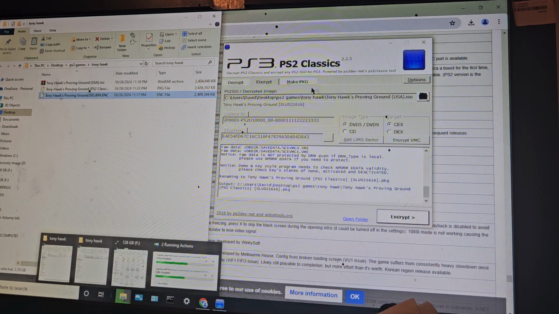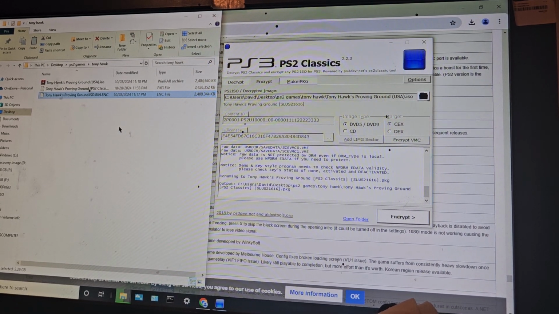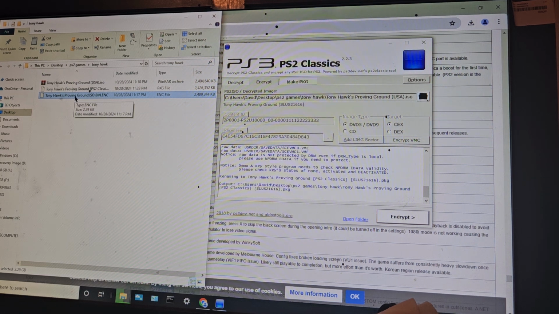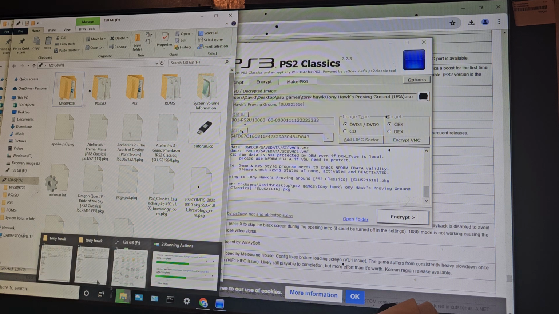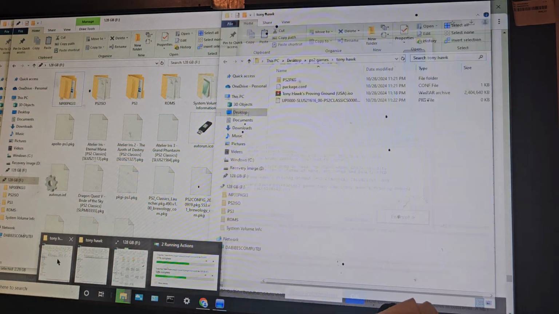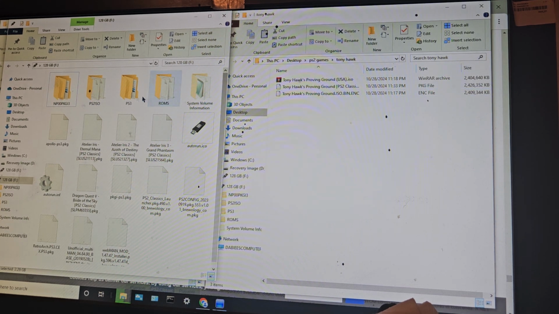Now, you can either use FTP if you have an Ethernet cord, you can plug that directly from your computer into your PS3 and download it that way. However, since this file is less than 4 gigs, which is what the FAT32 USB is limited to, we can just open up this USB here, open up our Tony Hawk file right here, and since I already have these things packaged in here, I have my PS2 ISOs, so we can take this